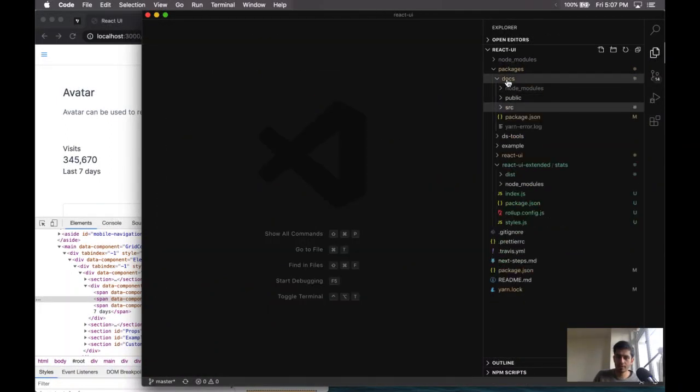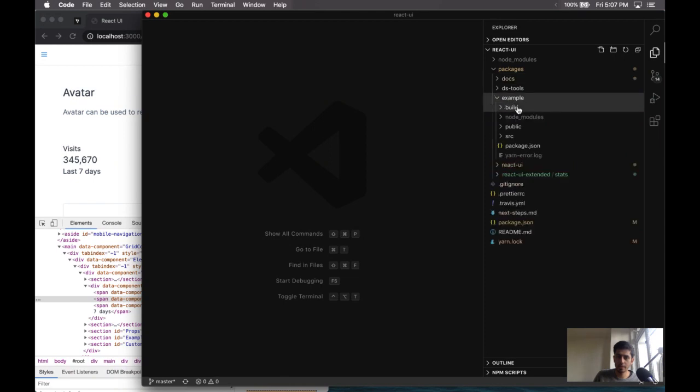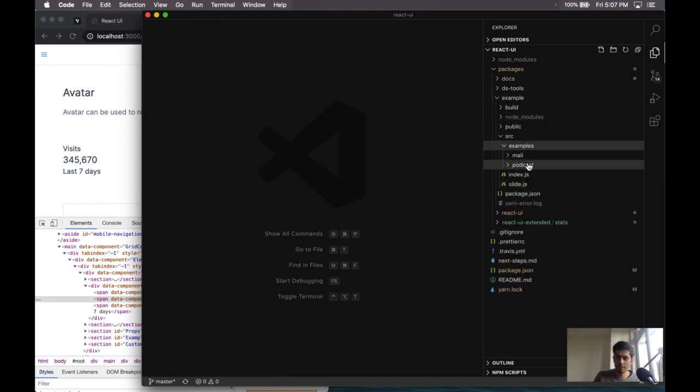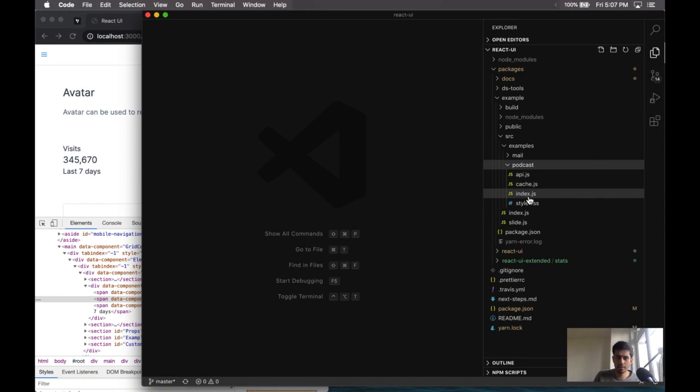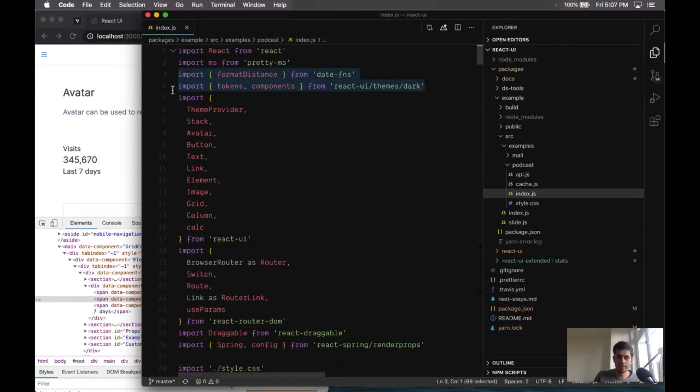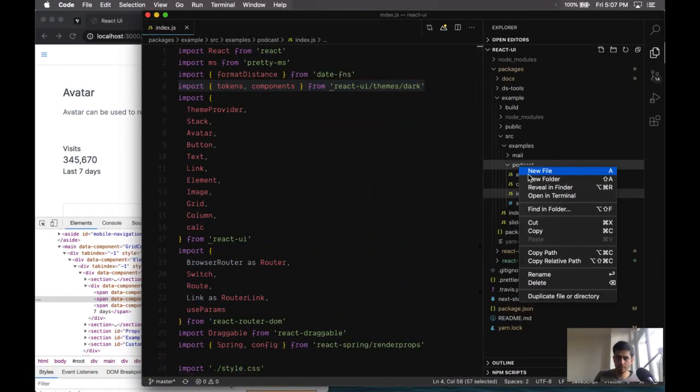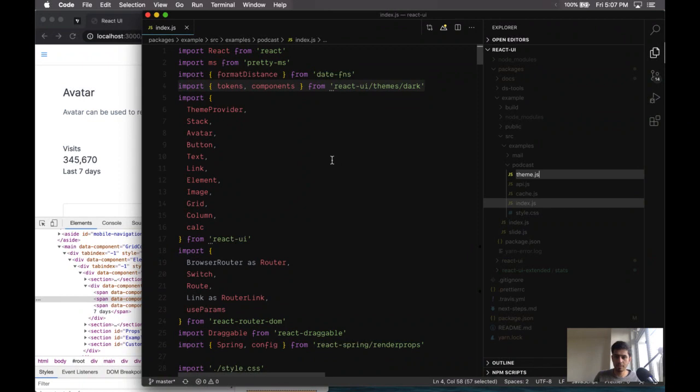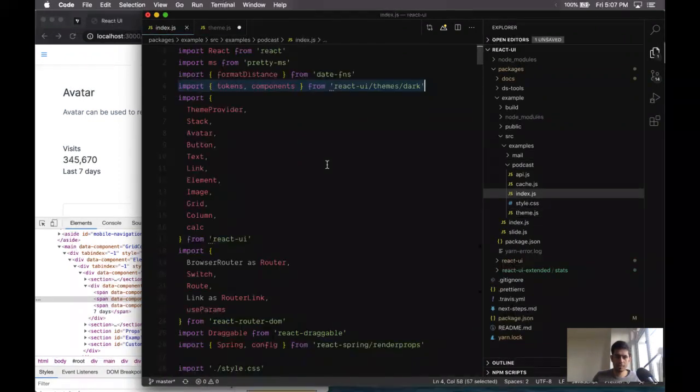If we look at the podcast app that we were building, this example, over here we use the dark theme. So if I go back here and say theme, and just pull the theme into a file of its own, just to make it a little cleaner,